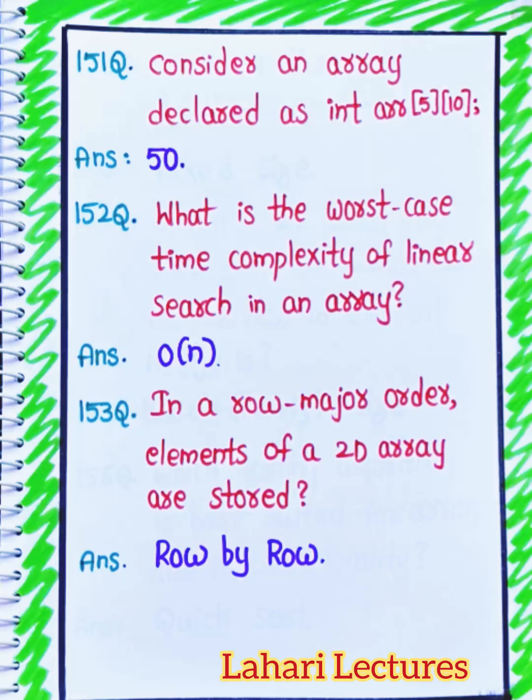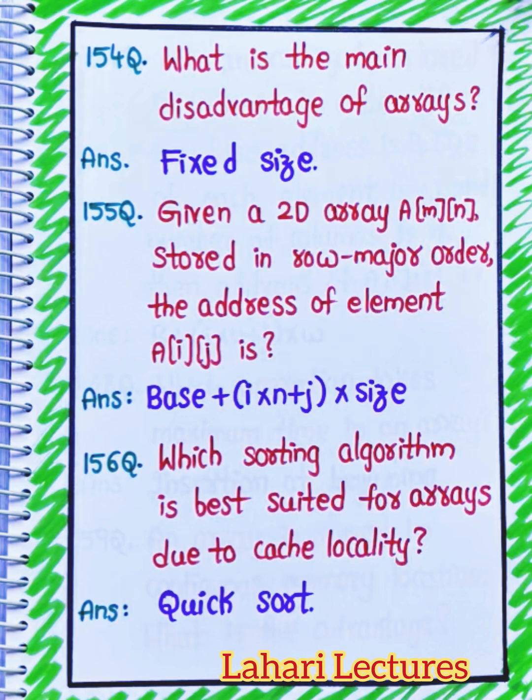First question, consider an array declared as int array[5][10]. Answer is 50. What is the worst case time complexity of linear search in an array? O(n). In a row major order, elements of a 2D array are stored row by row. Next question, what is the main disadvantage of arrays? Fixed size. Next question, given a 2D array A of m into n stored in row major order, the address